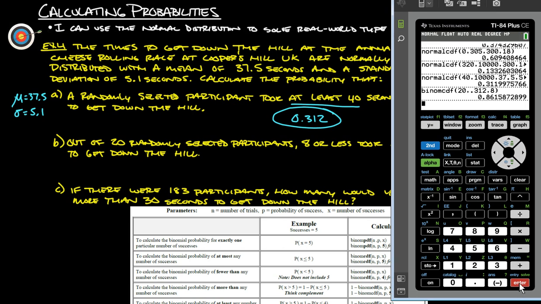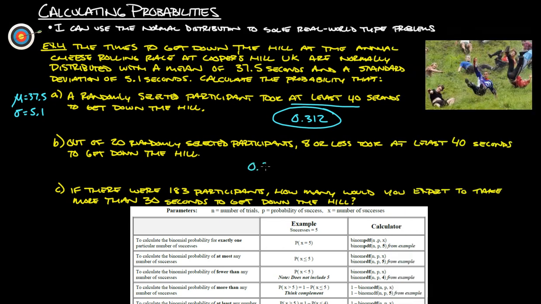And that tells us nothing because it's not calculating. And there it goes. 0.862. So there's an 86.2% chance that 8 or less took at least 40 seconds to get down the hill. Okay? And then if there were 183 participants, how many would you expect to take more than 30 seconds to